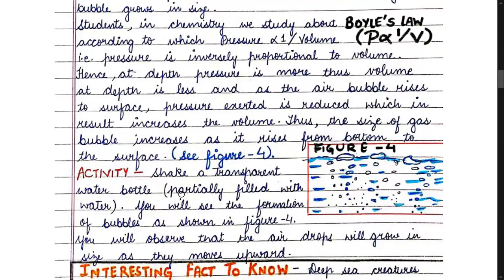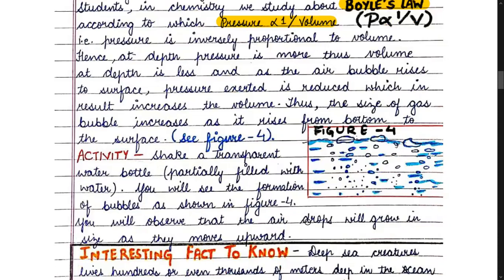This can also be understood by using Boyle's law, which you have studied in chemistry, according to which pressure is inversely proportional to volume. This is your Boyle's law. That means as depth decreases, pressure decreases, and as pressure decreases, volume increases. So the size of the gas bubble increases as it rises from bottom to